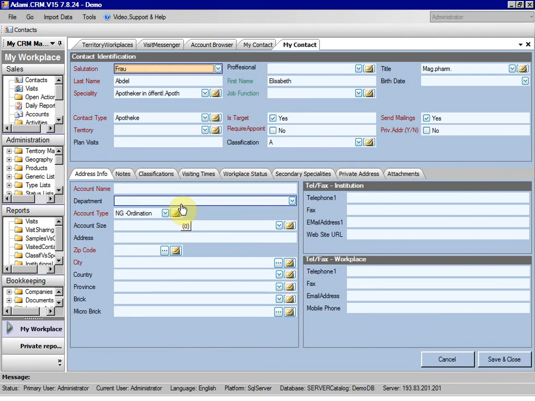Both options will open a form where the account information has to be filled, and also both options will make a link between the new account and a contact, in this case a selected contact.